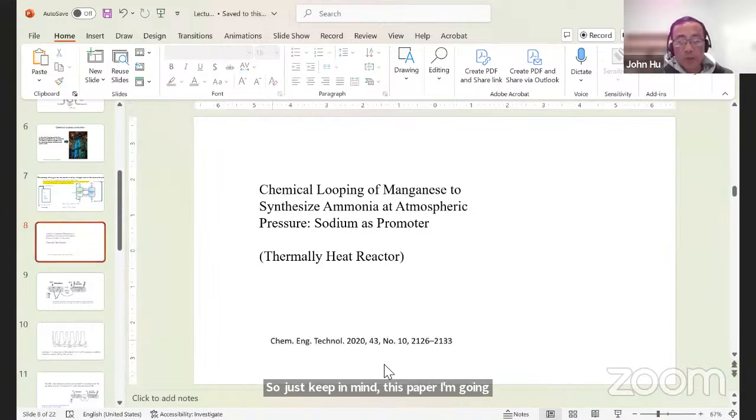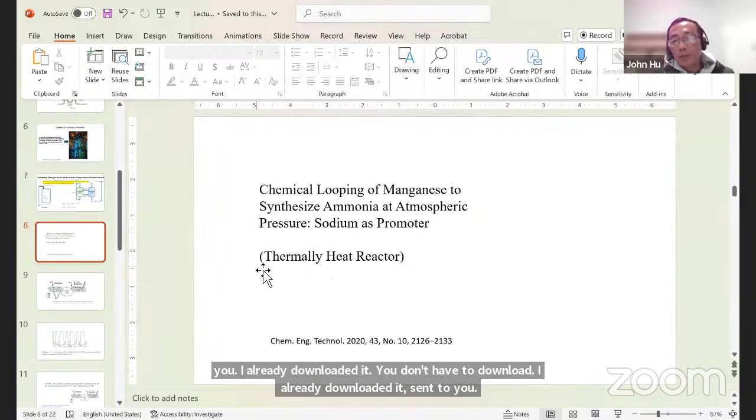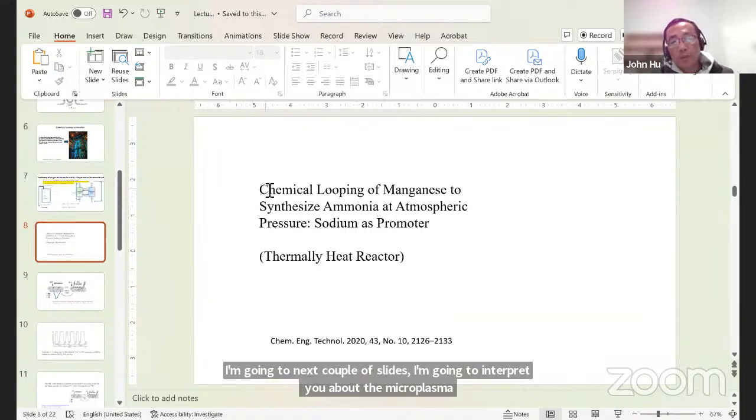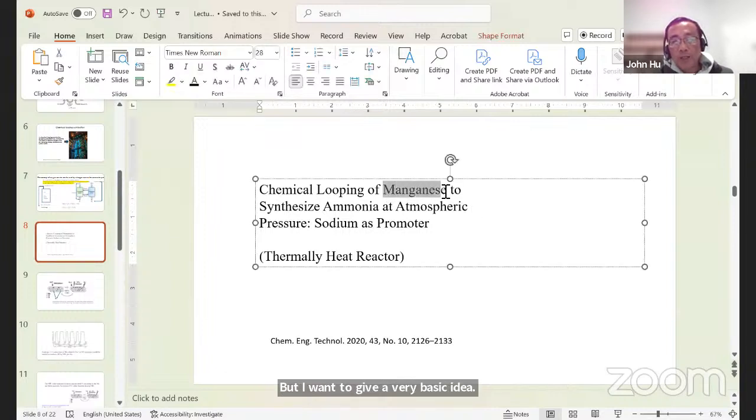Okay, I already downloaded it. You don't have to download. I already downloaded it and sent it to you. But I'm going to interpret what he did. But he didn't use plasma. He didn't use a microwave. But in the next couple of slides I'm going to interpret to you about the microplasma. But I want to give a very basic idea. He did chemical looping ammonia synthesis using manganese as the nitrogen carrier. And then he did ambient pressure and also used